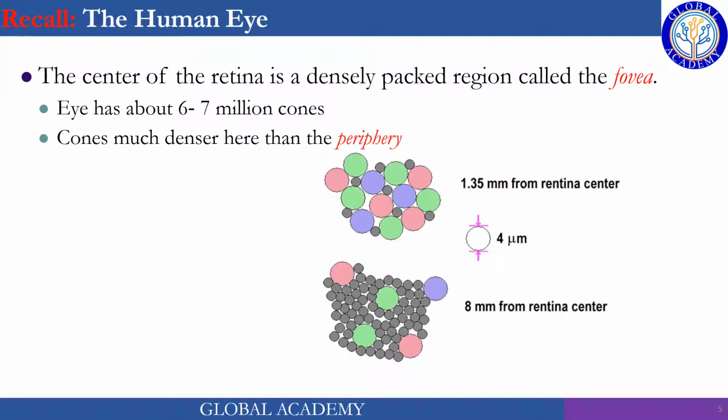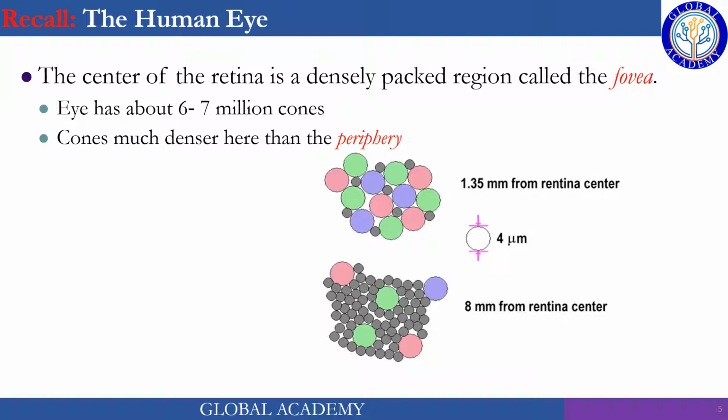So in the center of the retina there are more cone cells and fewer rod cells, like this one. We have more cone cells, red, green and blue cones, and then rod cells in gray color. Whereas as we move away from the center of the retina, we have more rod cells and fewer cone cells.